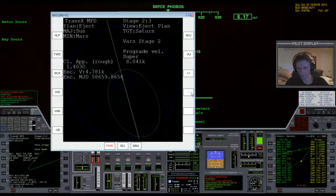Getting in there. It's a bit of a process sometimes. Just a little bit more. I'm not going to worry about getting in there too far. That's going to be good enough. Okay, now we're saying that we're going to have an encounter